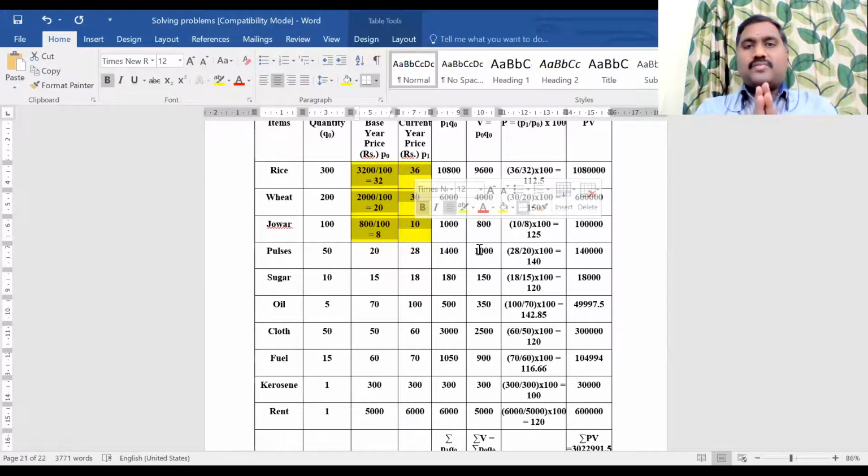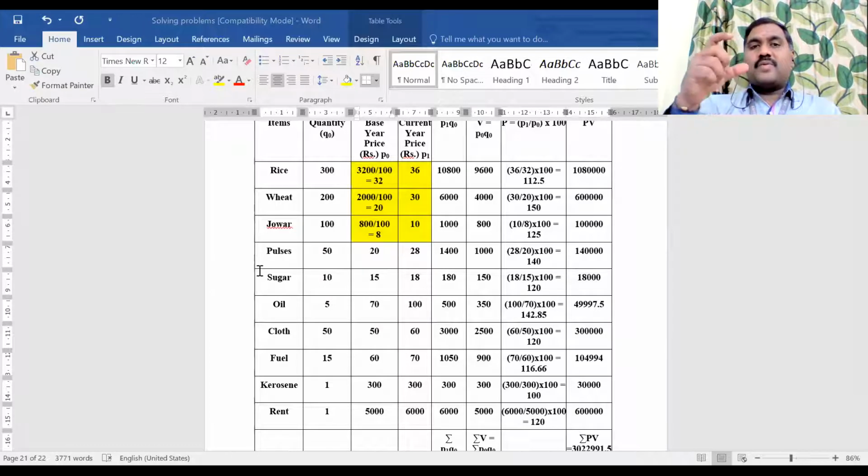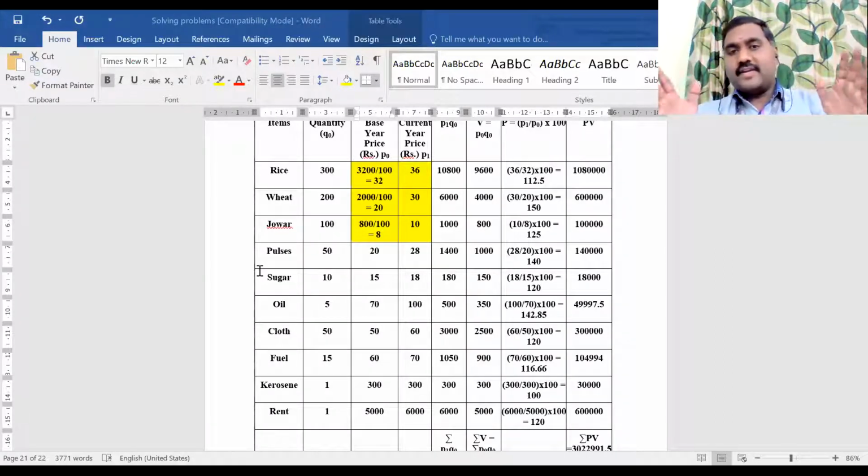Okay, is this problem clear now? Can you calculate the consumer price index number? See, we are working out the problems in a different pattern. First problem, they directly gave the values. Second problem, even though they gave the direct value, they gave a statement and an adjustment. By using that adjustment, we need to calculate the consumer price index or cost of living index number. Third problem, they gave the problem directly, but they mention the values in a different unit. So we have to convert those values into the respective units of the items. That means if it is given in kg, you need to convert in kg. If it is in liter, convert in liter. If it is ton, convert in ton.